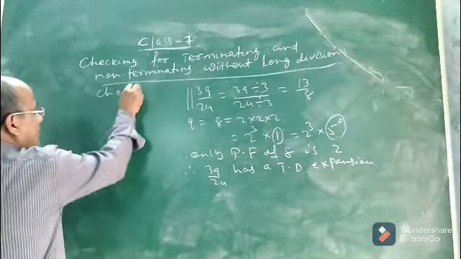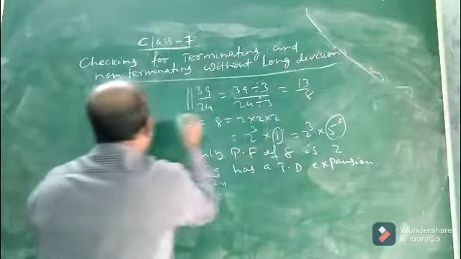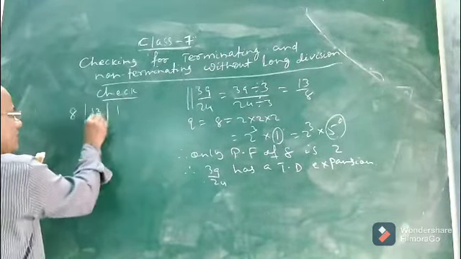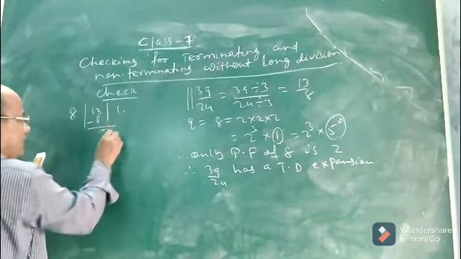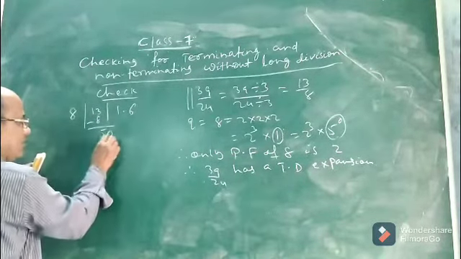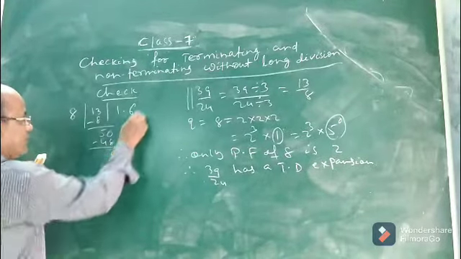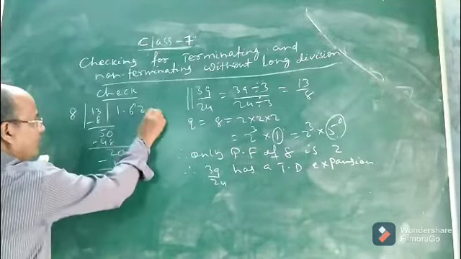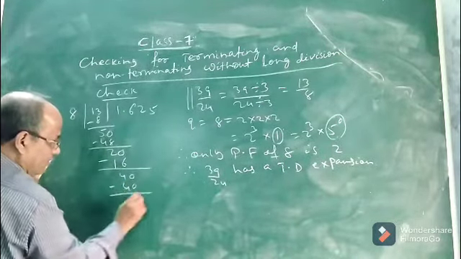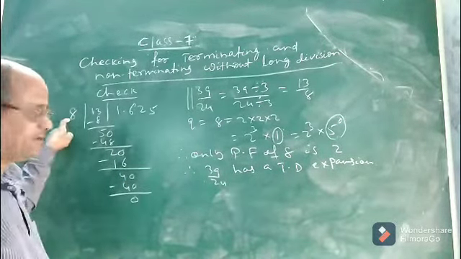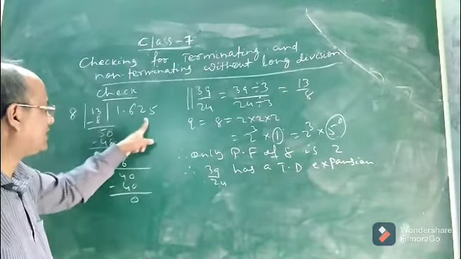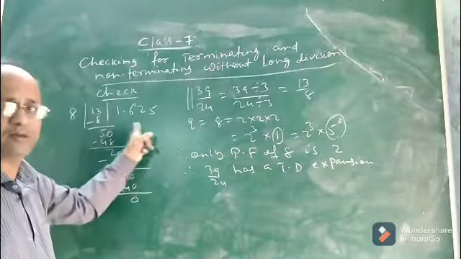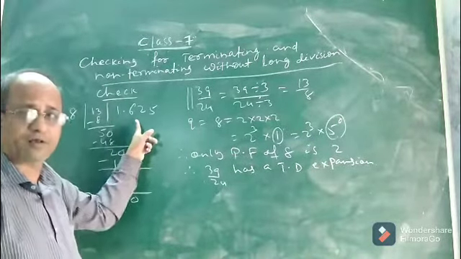Now, 39 by 24 is 13 by 8. So, 13 divided by 8. You divide it by long division. 8 1s are 8, now it is 5, then point, here it is 0, 8 6s are 48, here it is 2, then 0, 2 8s are 16, 4 and 0, 8 5s are 40. Look at it, children, 13 by 8, what is the decimal expansion? The decimal expansion is terminating after how many places? 3 places. And this is a terminating decimal because the number of decimal places in this number is 3.